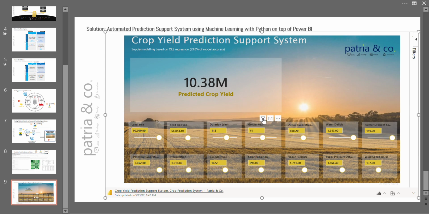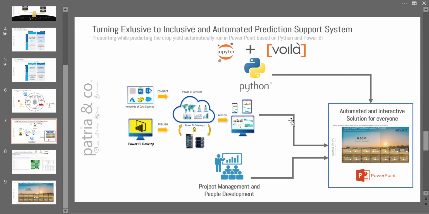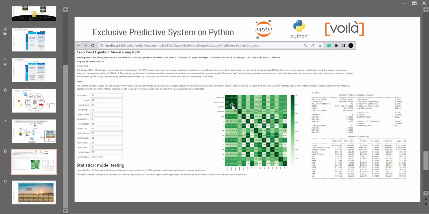And then we can make these practical solutions using these architectures, orchestrating the analytics of Python, Jupyter, and Voila while deploying this practical solution using Power BI. Then we can easily present using this PowerPoint. So we can turn from these bit complicated solutions